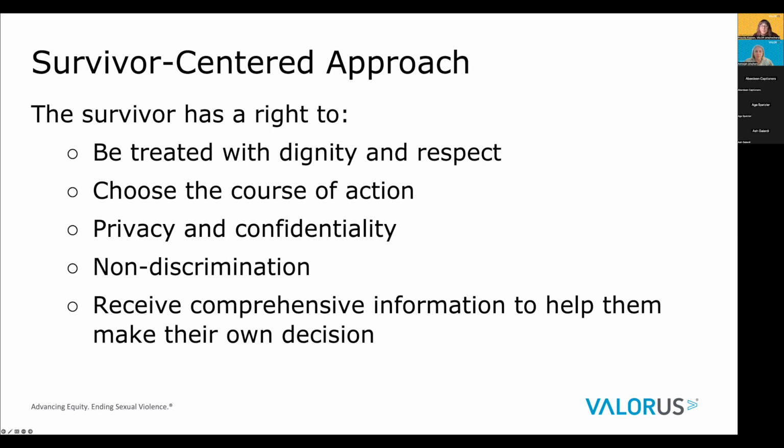They have the right to non-discrimination instead of discrimination based on gender, age, race, ethnicity, ability, sexual orientation, HIV status, socioeconomic status, immigration, religion, any other characteristic, right? So these are all things that folks face and then survivors may face in more nuanced ways. So we want to make sure that we're supporting people in a way that doesn't discriminate. And then they have a right to receive comprehensive information to help them make their own decisions rather than being told what they must